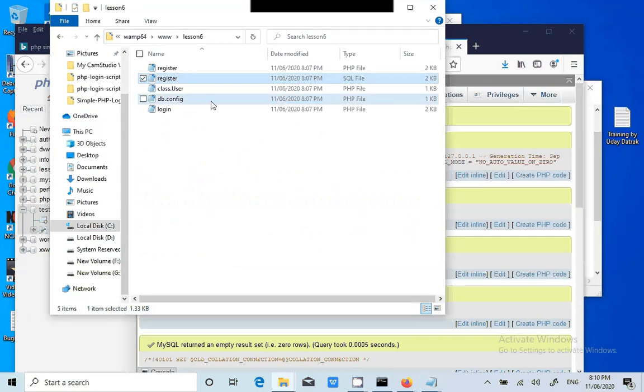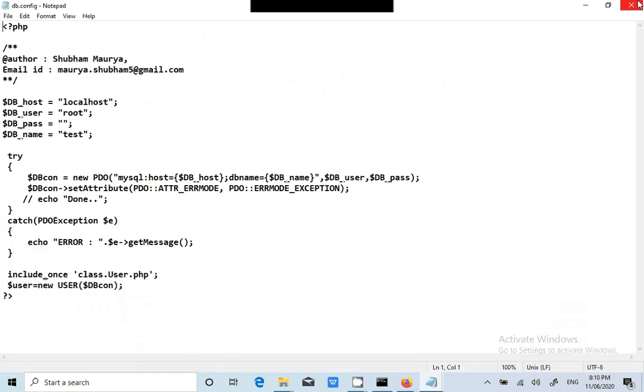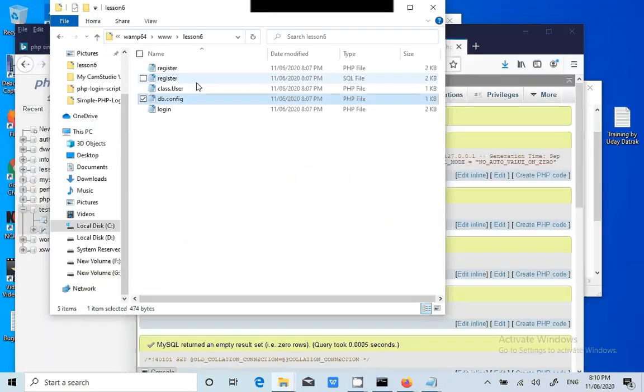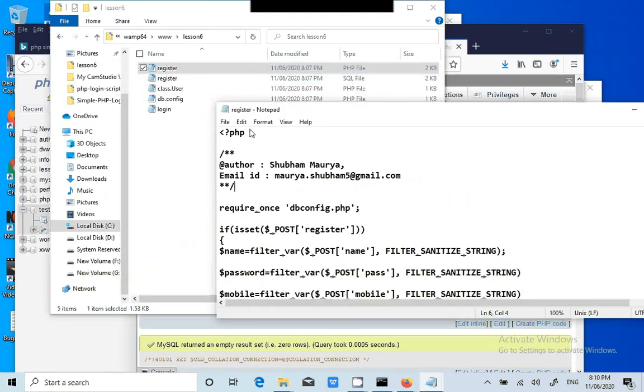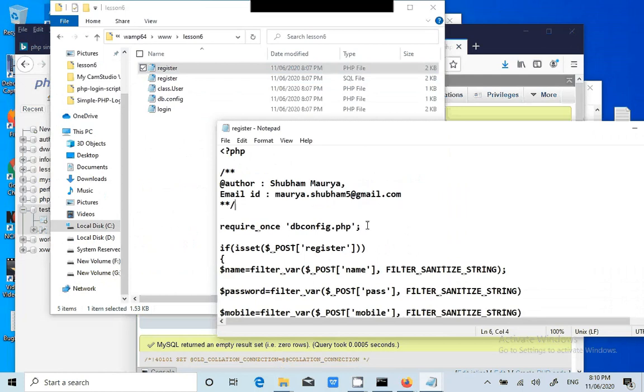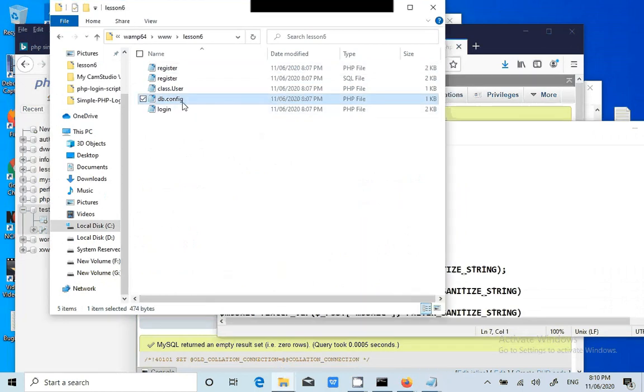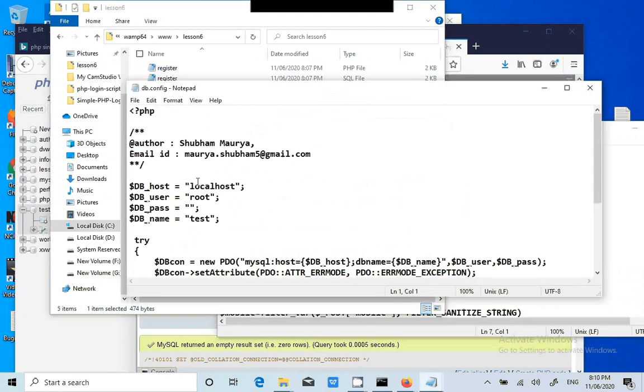Anyhow, we have the registration feature. We'll try to open it and see what it is like. Okay, the register.php file is initially loading dbconfig.php. As soon as it loads, it is connecting to a database.